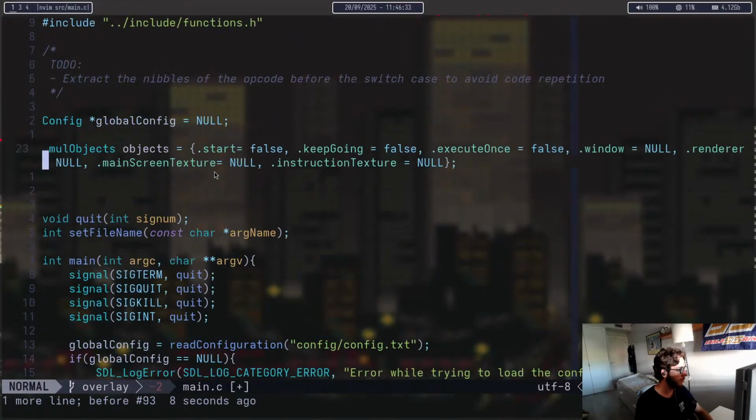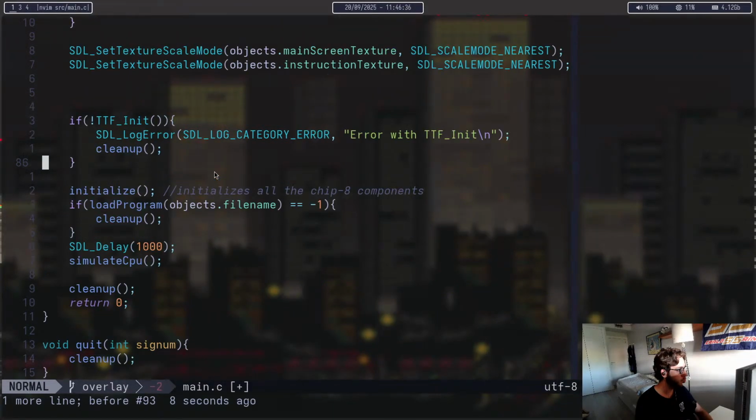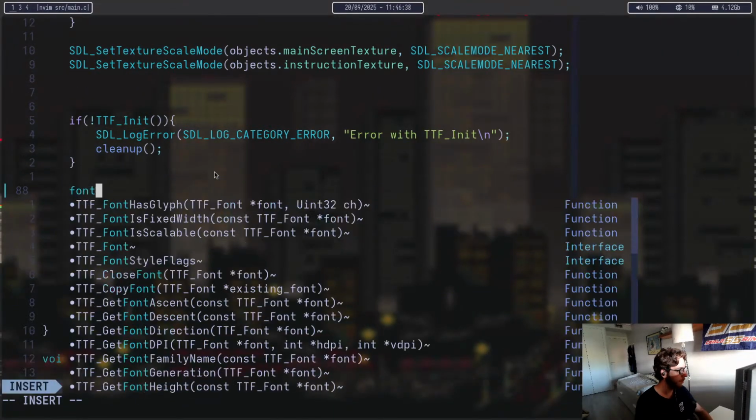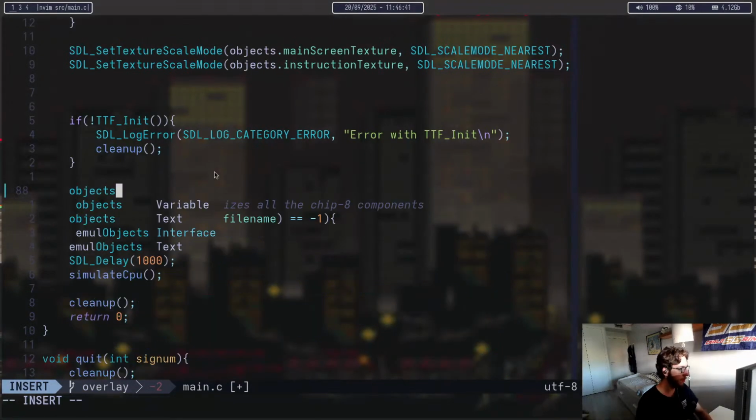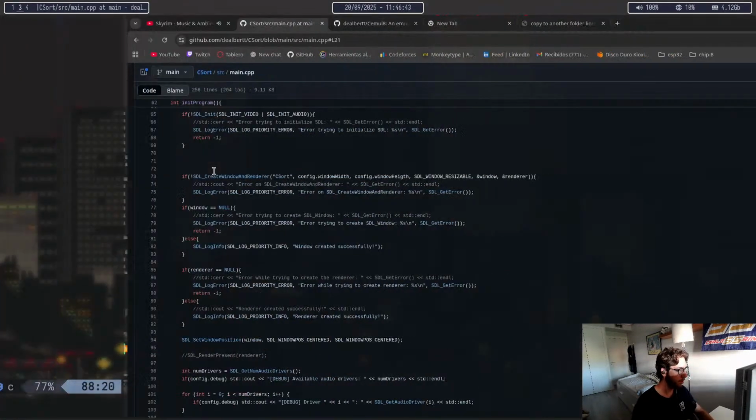So now there should be some sort of, here should be font, or sorry, objects dot font equals,